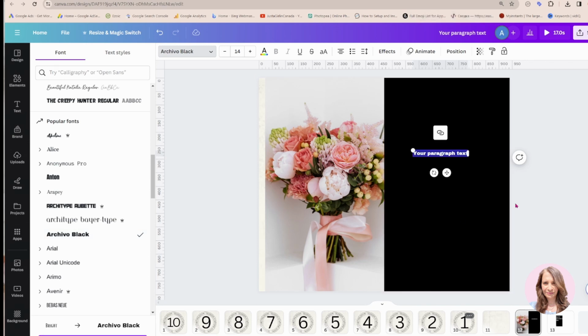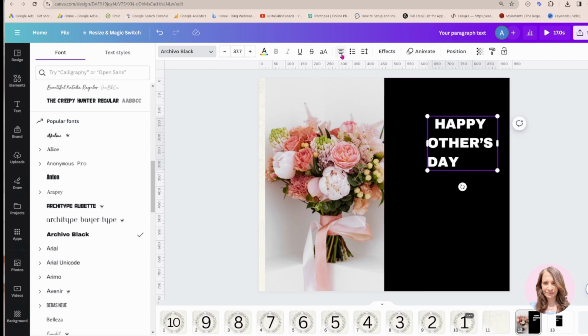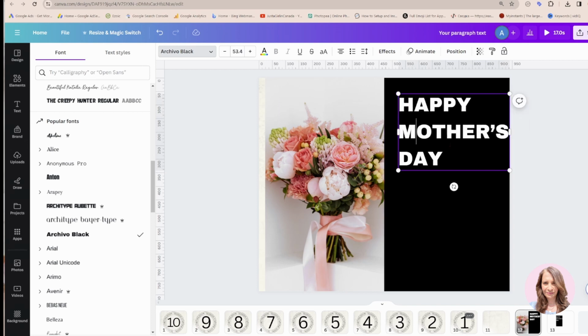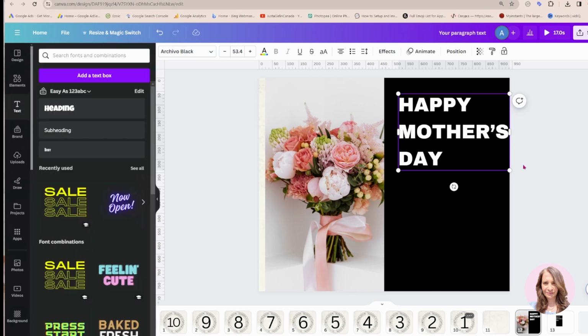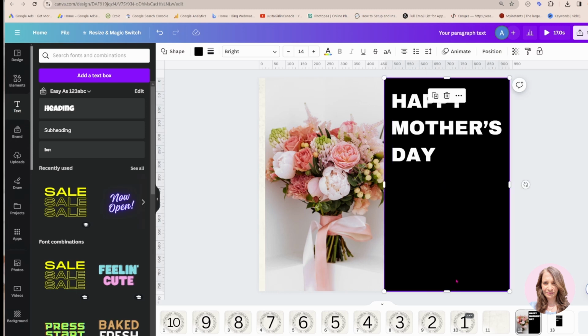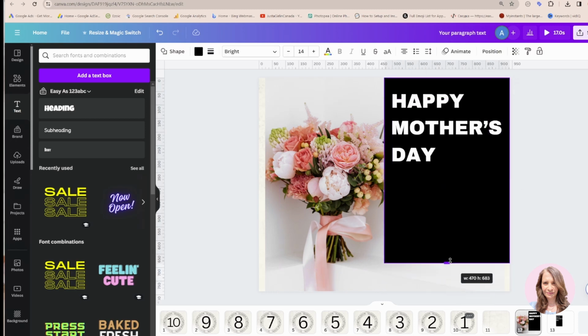And in all caps, I'm going to write Happy Mother's Day. And I'm going to place each word on a separate line. And I'm also going to left justify my text. And there we go. Okay, I'm just going to make that a little bit smaller